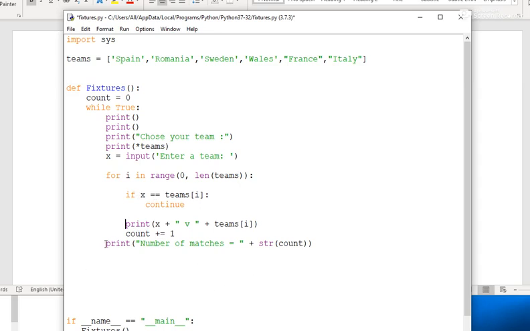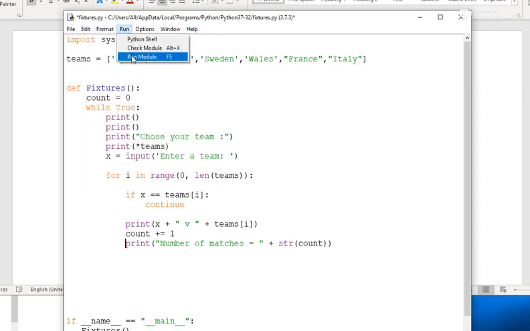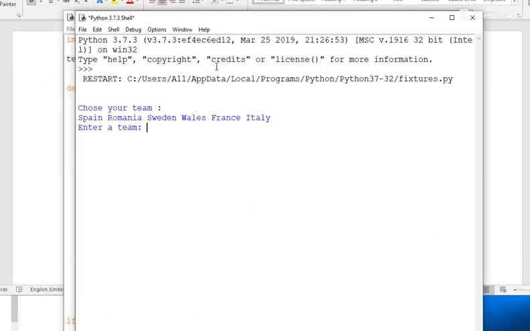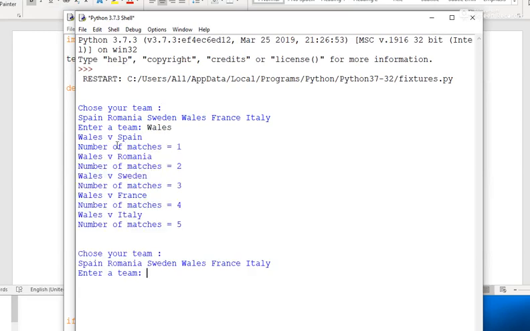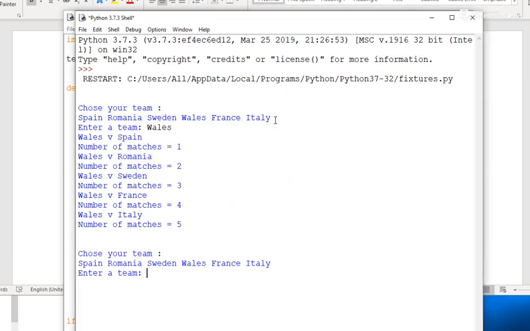Okay, and we can probably demonstrate that. In fact, let's try and demonstrate it like that. So this is now part of this indentation, and so it'll run fine, but it'll give us a slightly erroneous output. Okay, save and run. Okay, there we go. Choose your team. Spain, no, Wales. Pick Wales. And there you are. See, it's given us the fixtures and it's given the total, but it's put in the number of matches after each fixture. It's printed out the total of the count after each fixture, which is not exactly what we wanted, and that is because